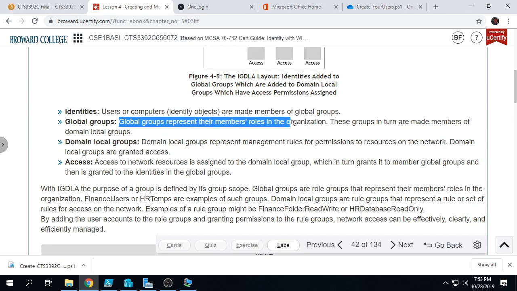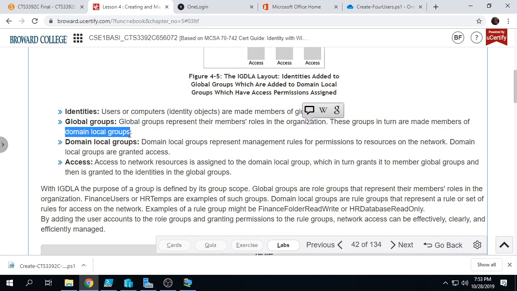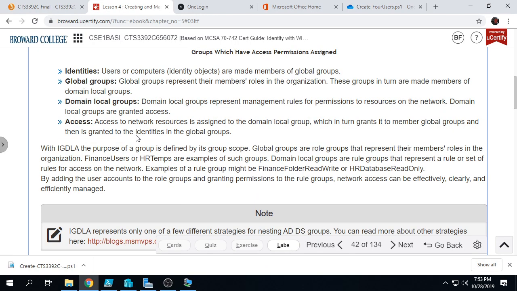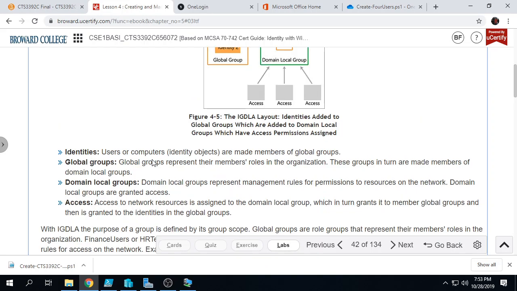Global groups can get the members from the local domain. So I can have users from my own domain, and I can have domain local groups from my own domain as global groups. Domain local groups,